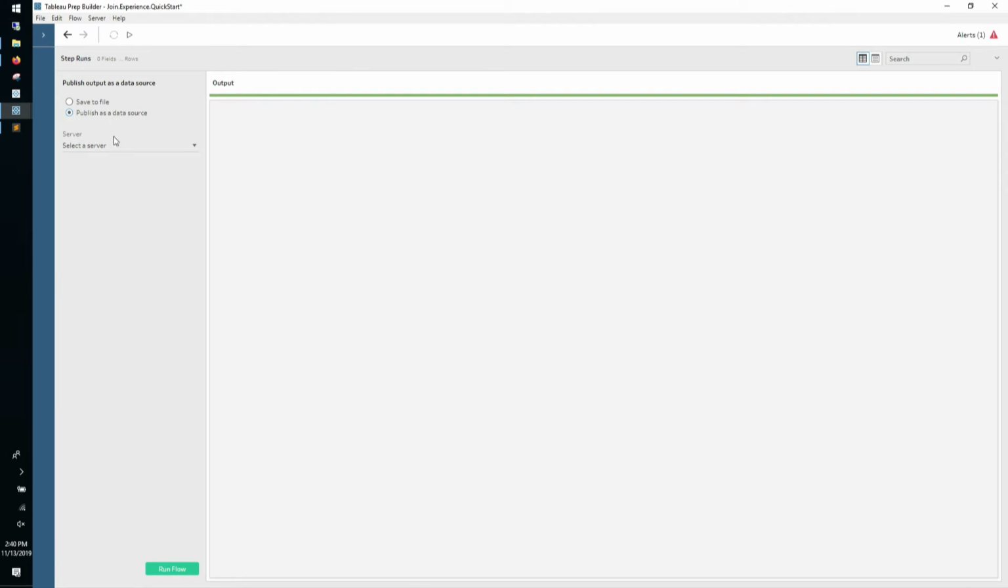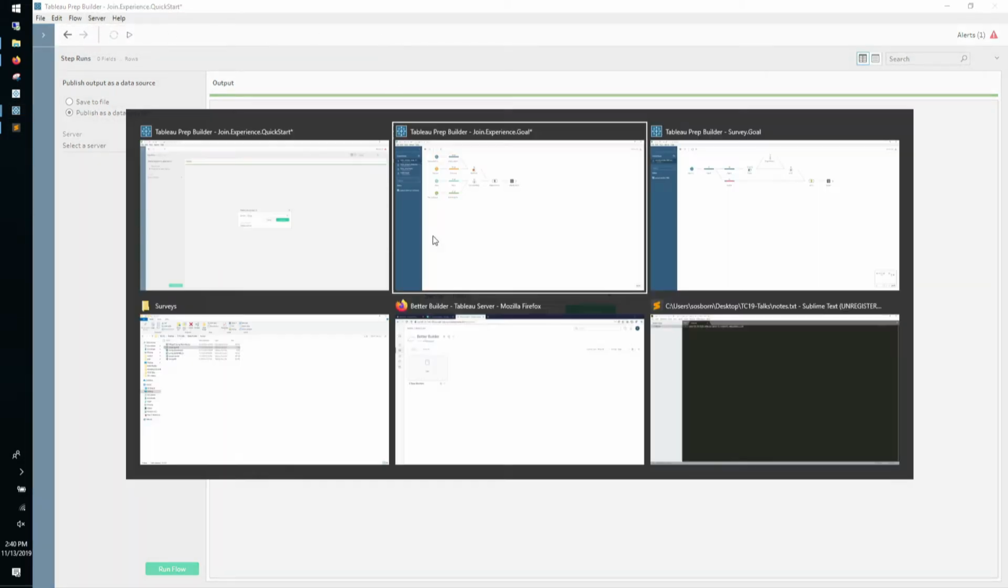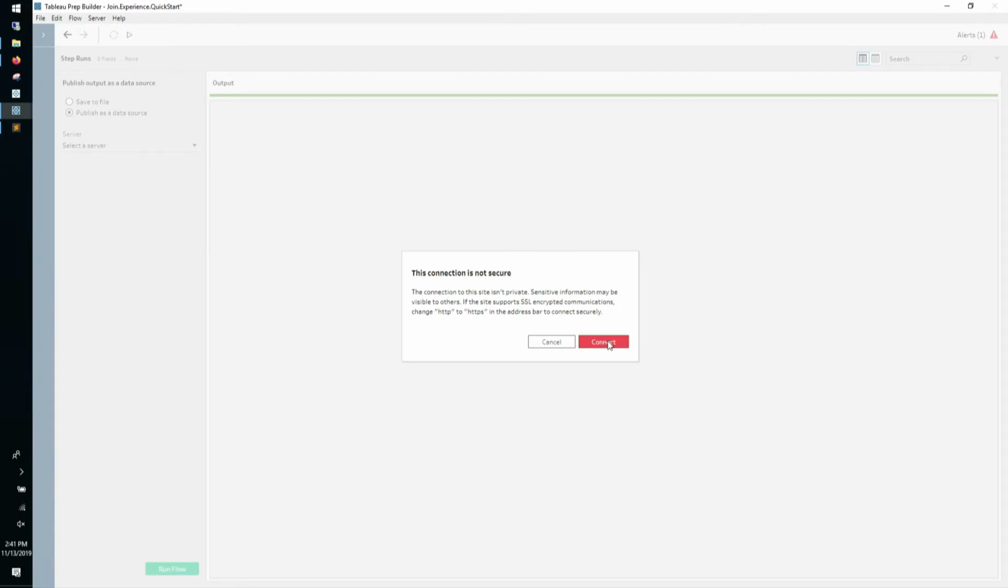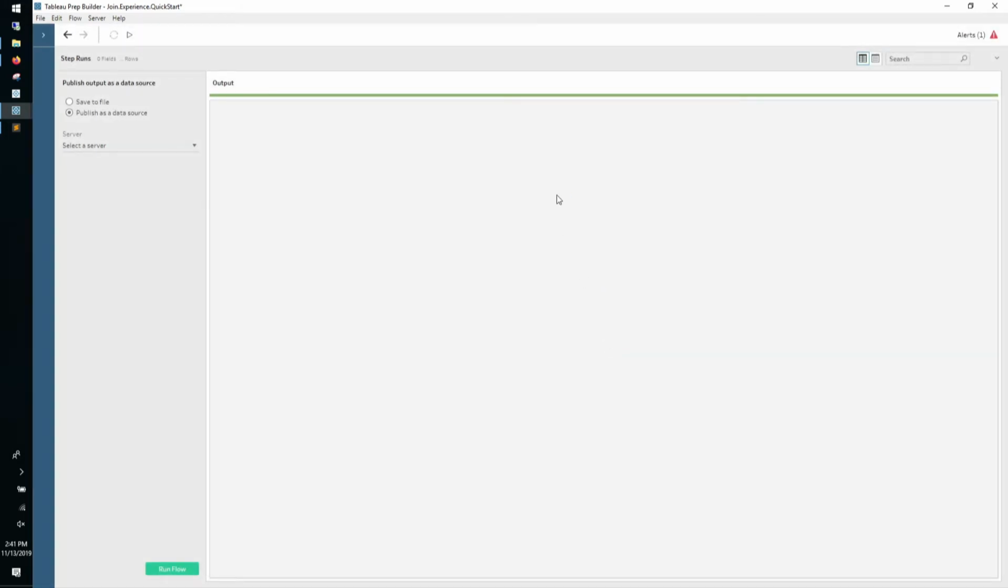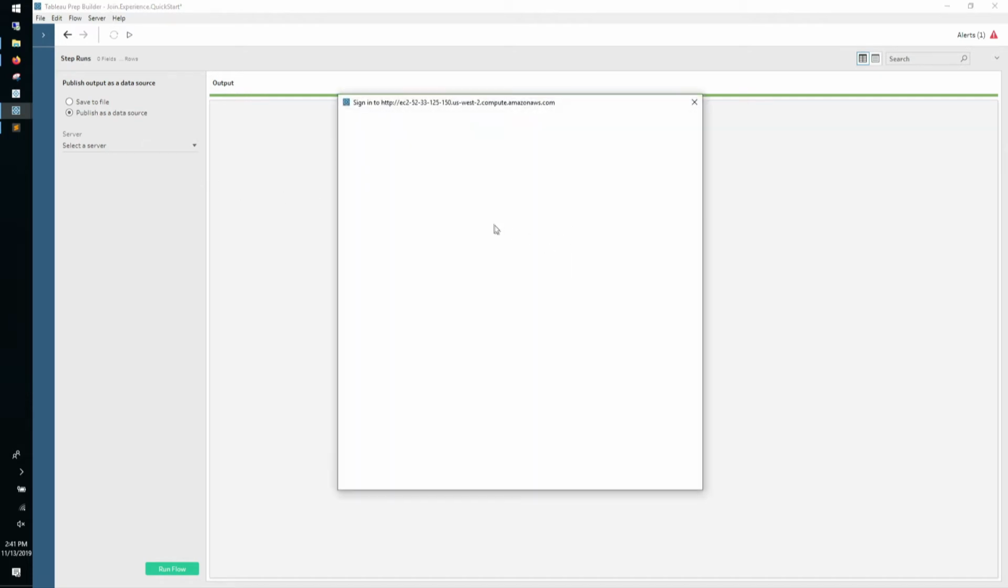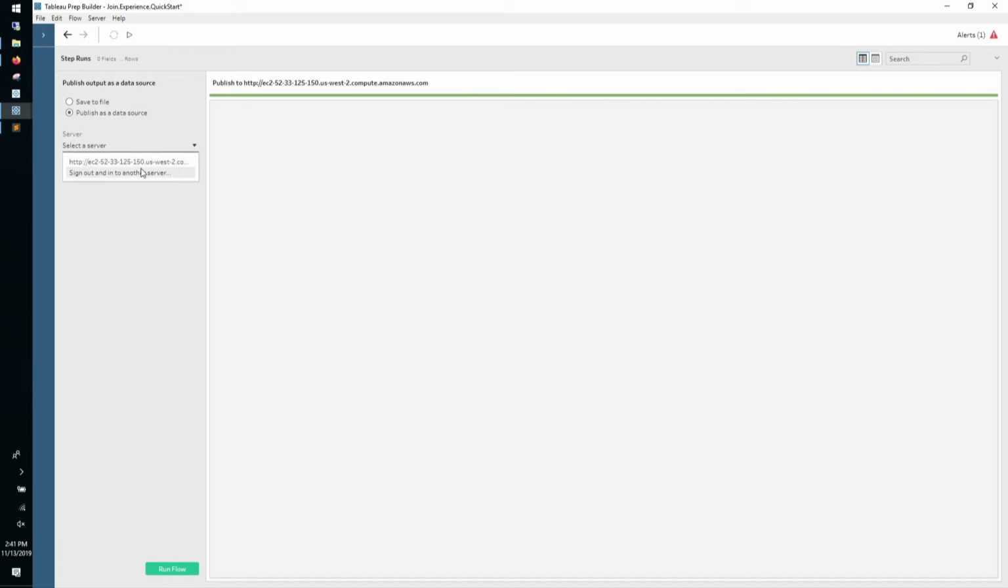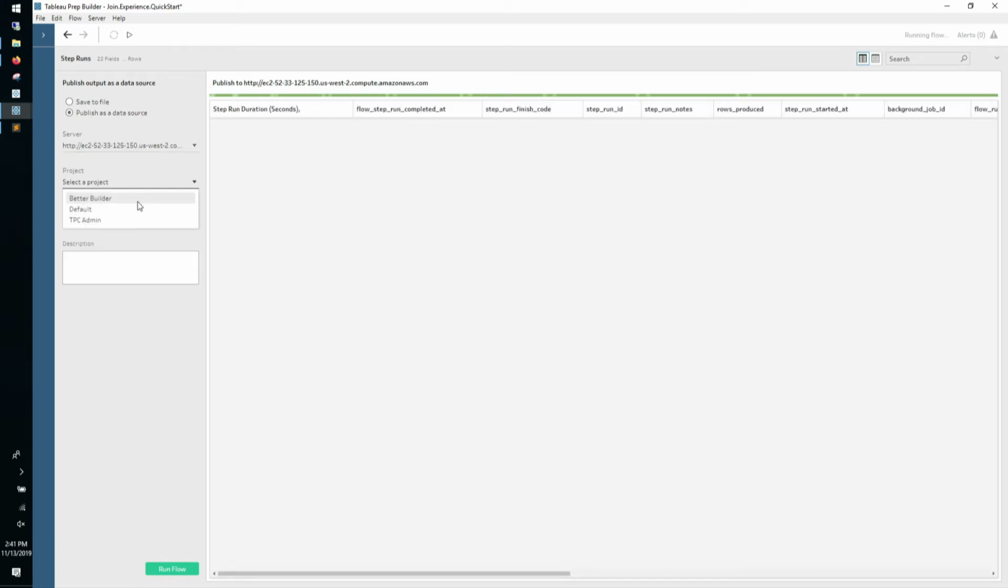So let's publish this data source. Let's sign in. For some reason, it says I'm not signed in, even though I am. So it's a very similar sign-in experience as in Tableau Desktop. You connect to your server. You use your username and password. And then you select this server to publish, you select the project,